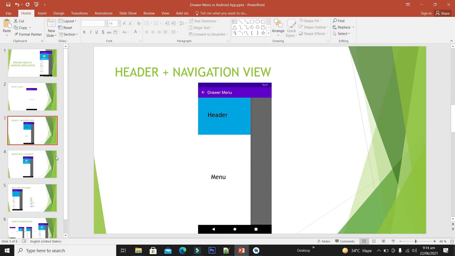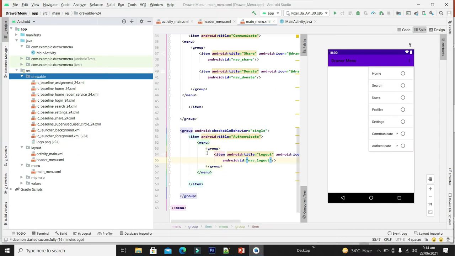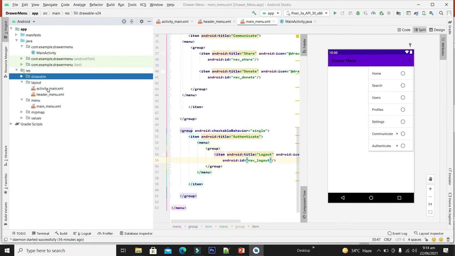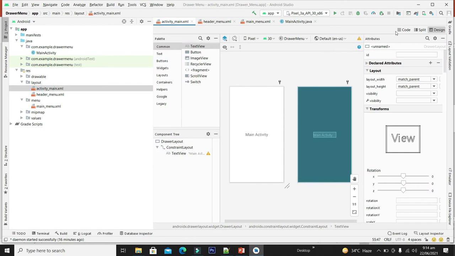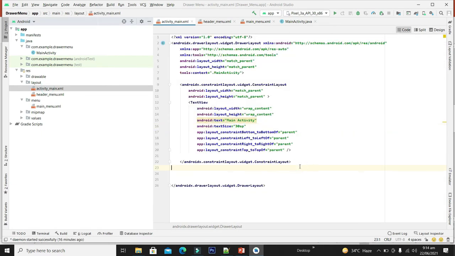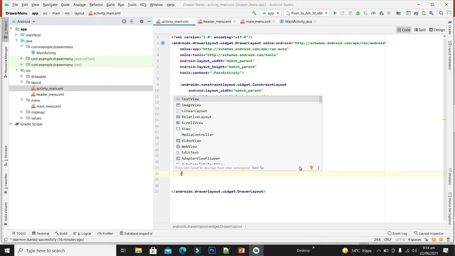Now it's time to join both items with the help of navigation view. For this we will go to the main XML file and we will create here the navigation view.